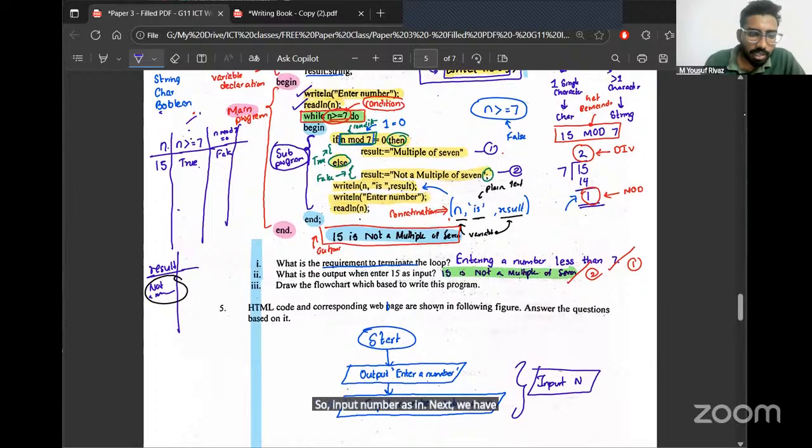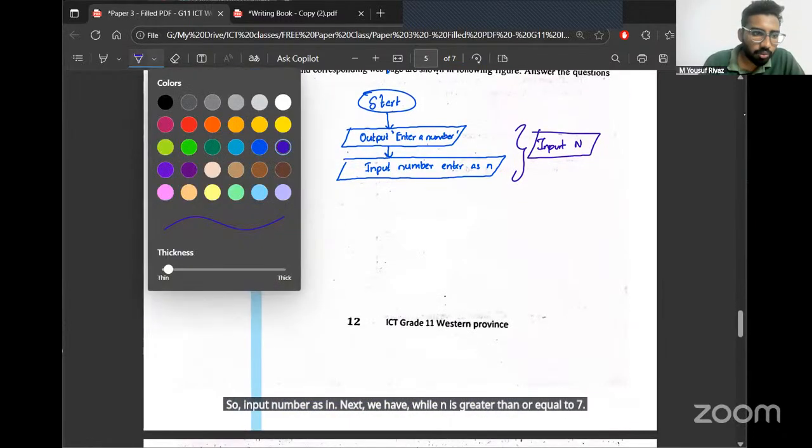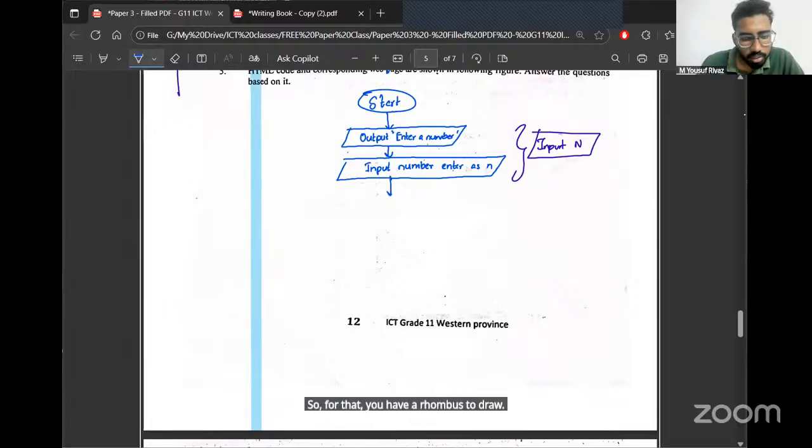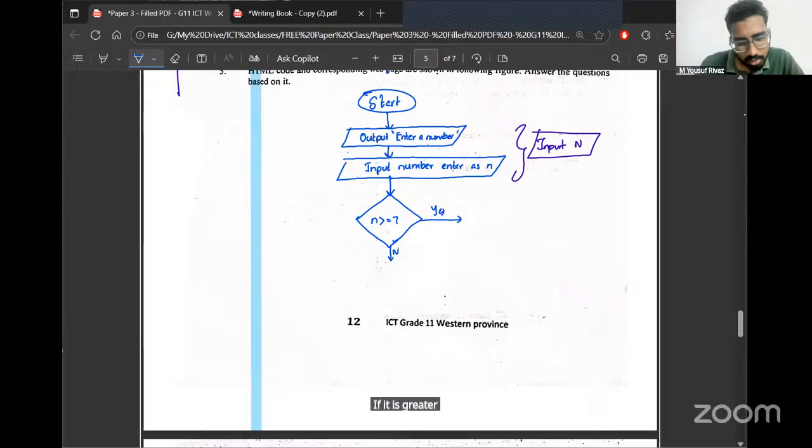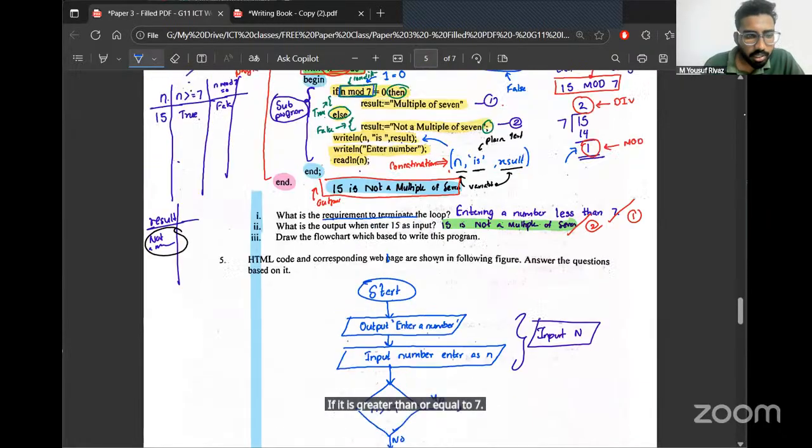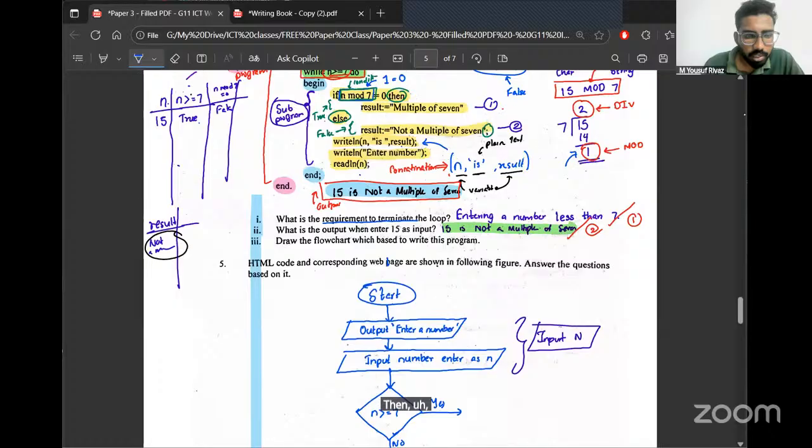Next we have while n is greater than or equal to 7. For that you have a rhombus to draw. Is the value of n greater than or equal to 7? If it is, then another condition: if n mod 7 is equal to 0.